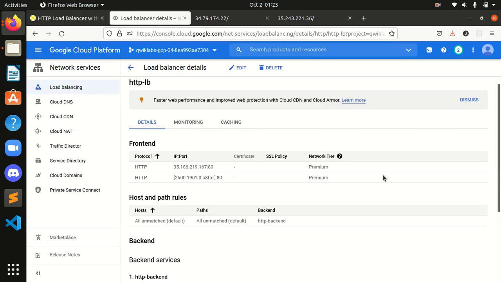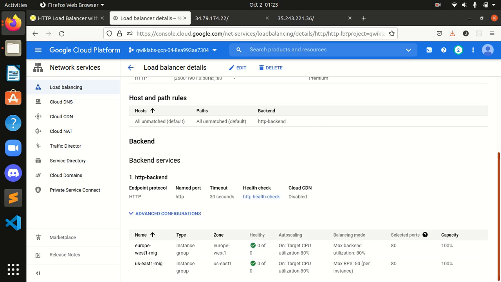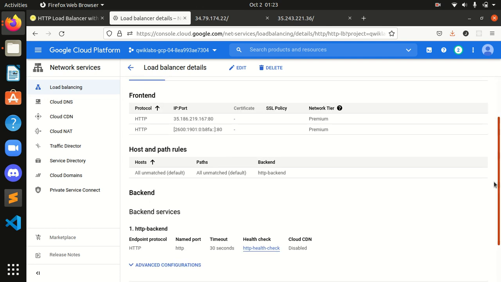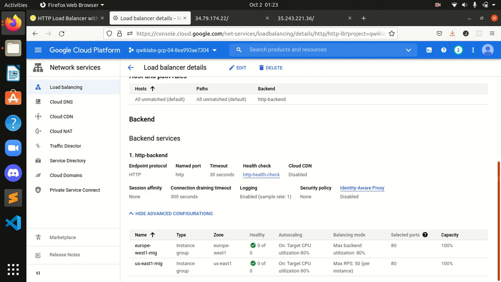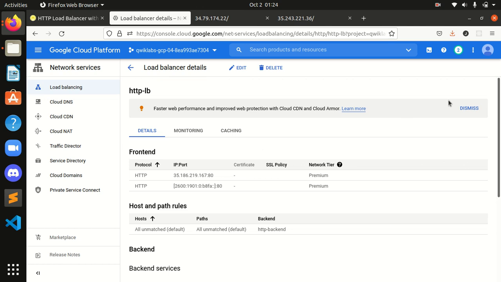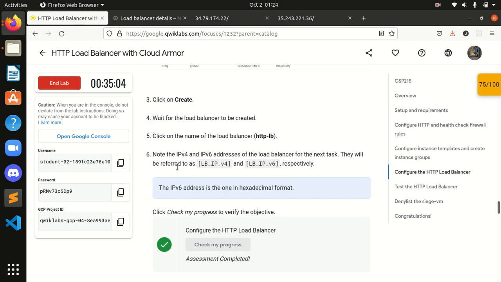Okay, where it is, guys? Let's see where it is. I think there's something mentioned over here. Is this that port? Note the address of the load balancer.